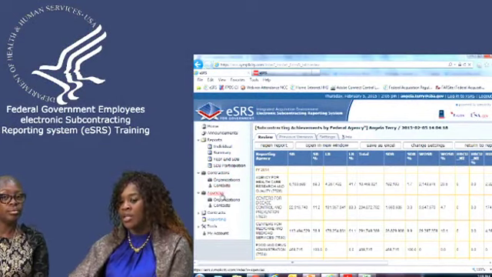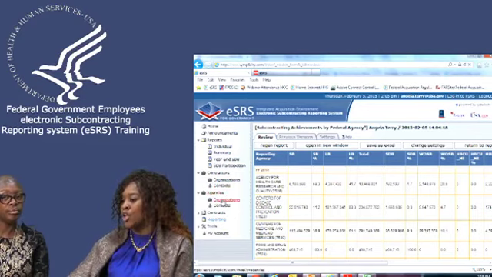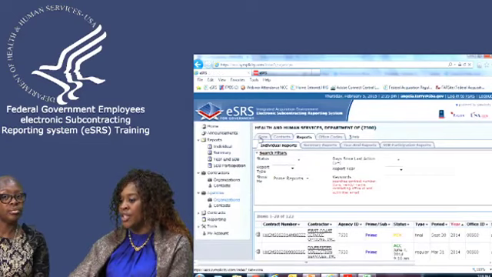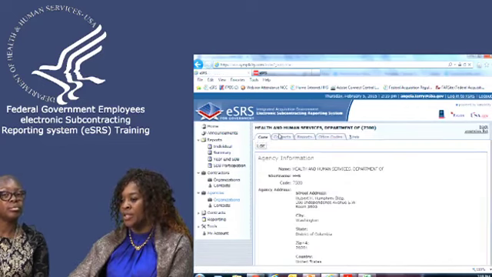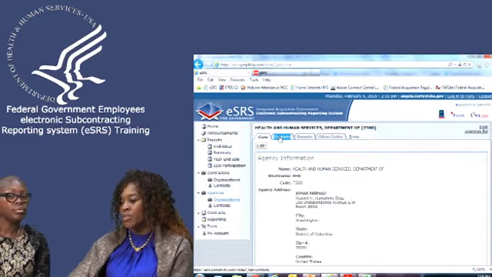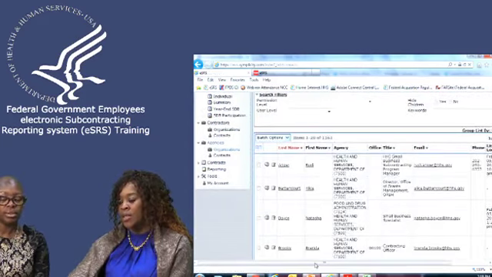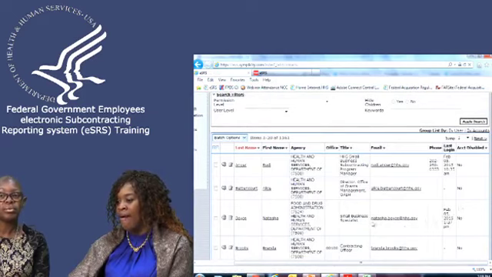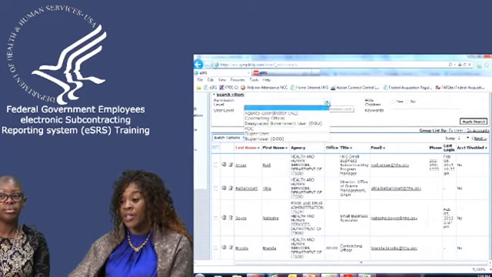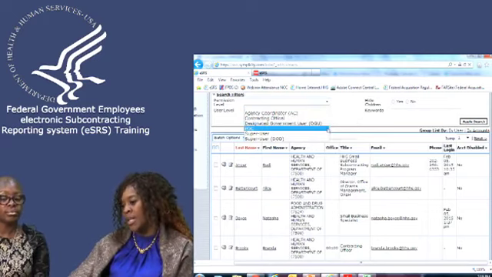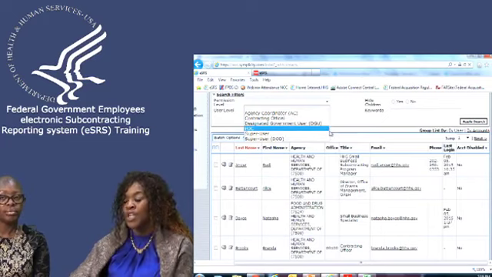And then you have agencies. So when we talk about contacting the agencies, you can look at it by searching from the organization. And if you look for the organization's name, you can go to the core data tab and you can search by organization. Once you search by organization, it then gives you a listing of all of the contacts within that organization. Very helpful. And it also tells you whatever role that they have in eSRS. You then can actually search by role. You can search for agency coordinators, contracting officials, designated government users, POC, super users. You can look for that.